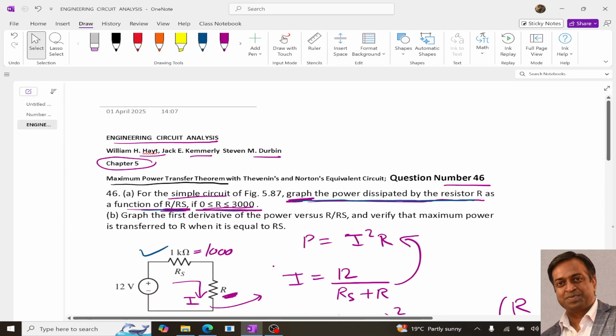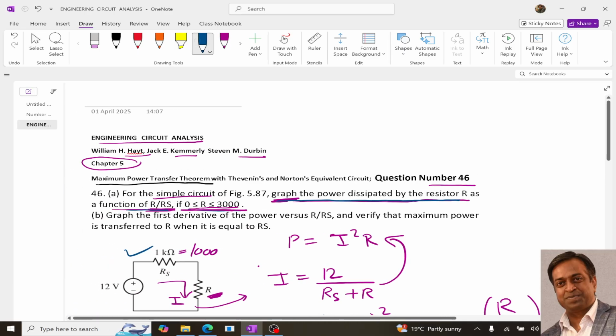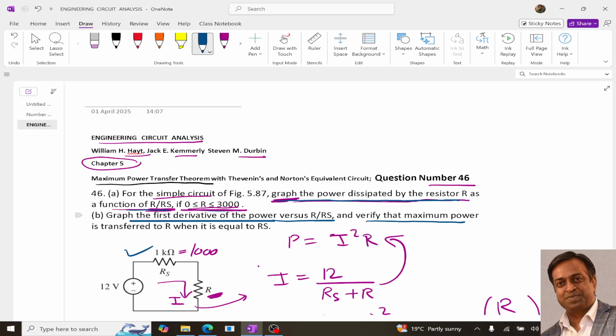Now coming to the second part of the question, it says to graph the first derivative of the power versus R by RS. It means the expression of the power that we obtained, we need to get the first derivative of that. And then we need to verify that the maximum power is transferred to R when it is equal to RS. Now what does it mean? As per mathematics, we know that